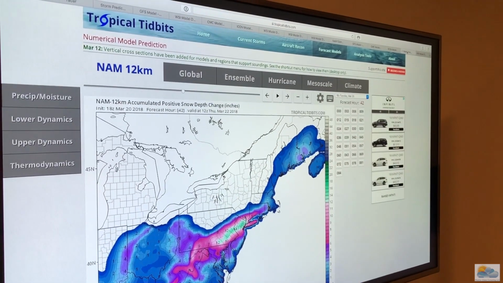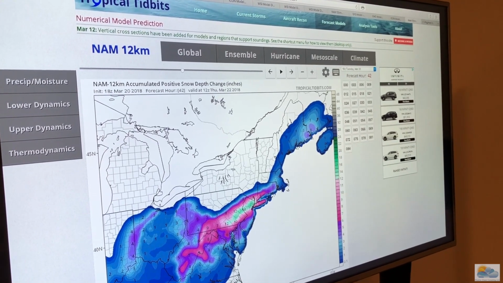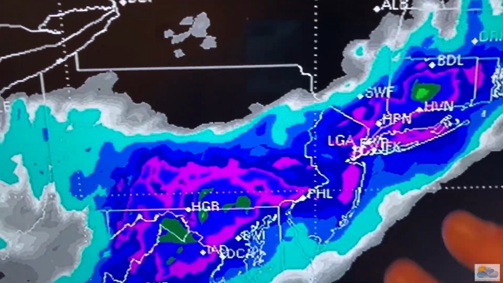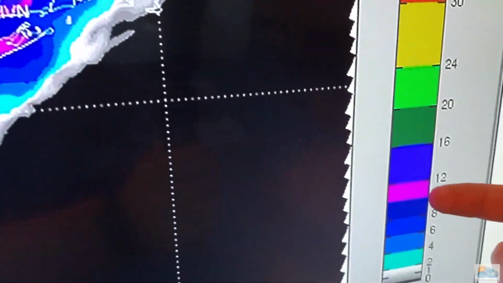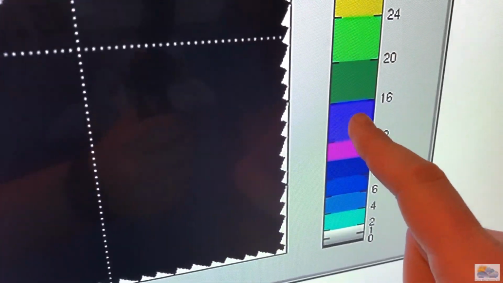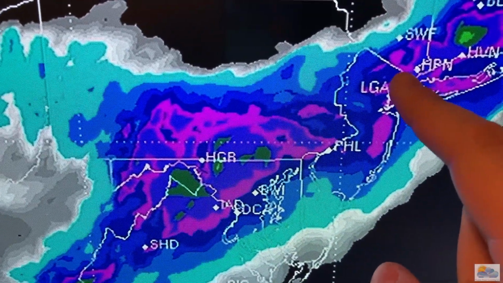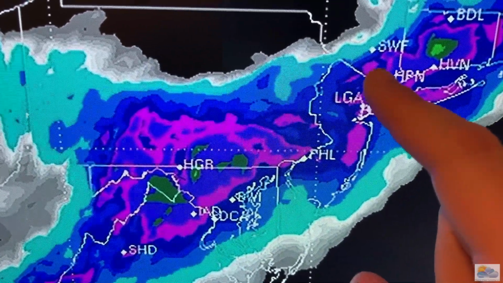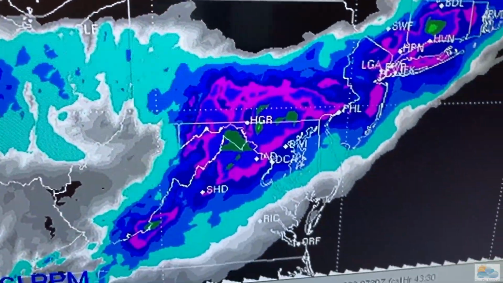And then the last one here. Come on. There we go. The RPM. Again, similar to what I showed you before with the RPM, a little bit more splotchy. But those pinks right here, say that's 10 to 12 inches. That very light blue, it's a little hard to see on this screen, but that very light blue is right in here for southern Rockland and Westchester. Even going into New Jersey there. So that whole Rockland, Westchester, New Jersey border area could be at 10 to maybe over a foot of snow